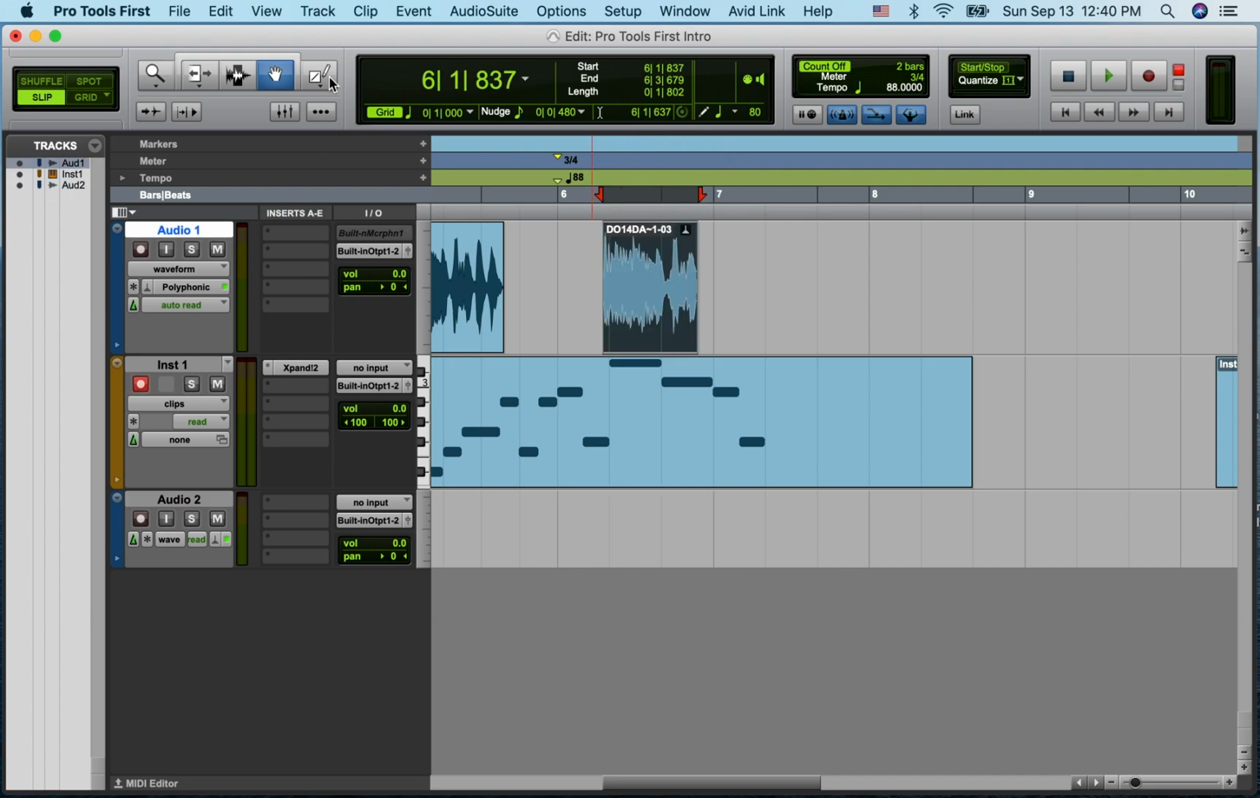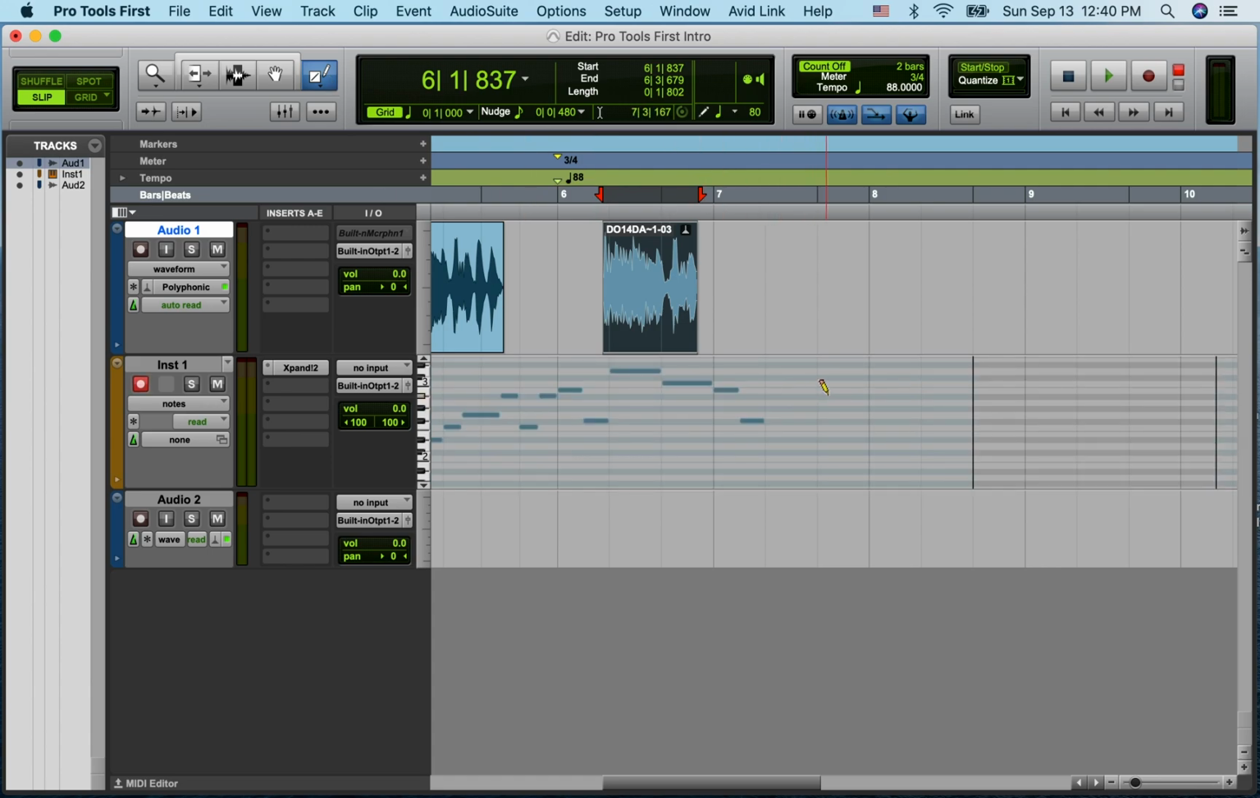And then there's a pencil tool here, which is handy for drawing automation, which we'll learn about later, as well as when we want to draw in MIDI notes in our clips. And we're going to learn about that later as well. Finally,